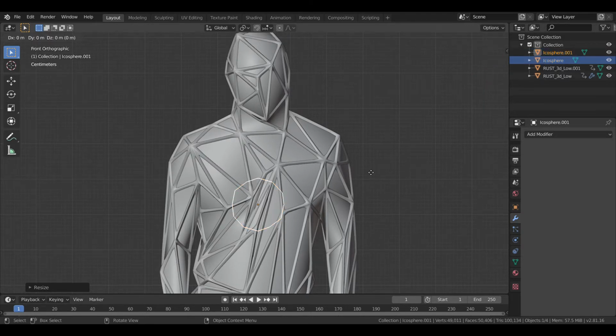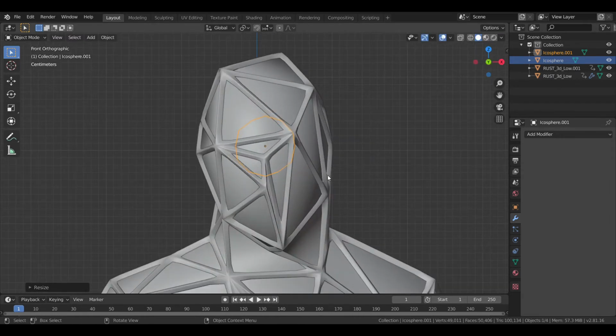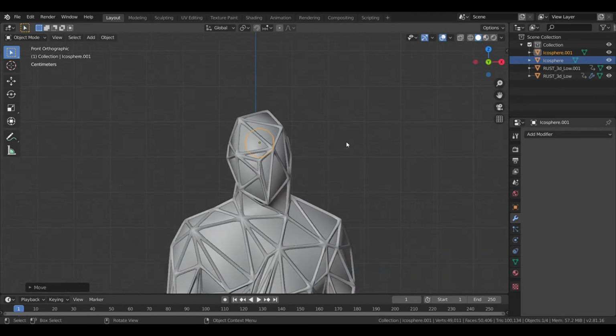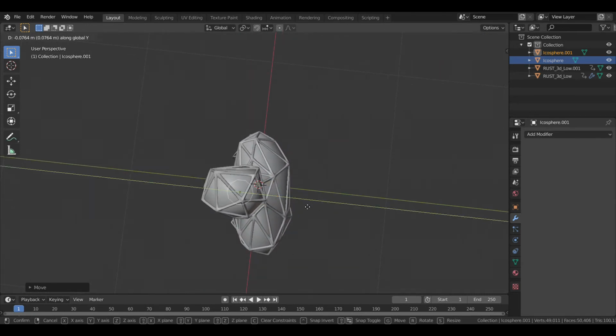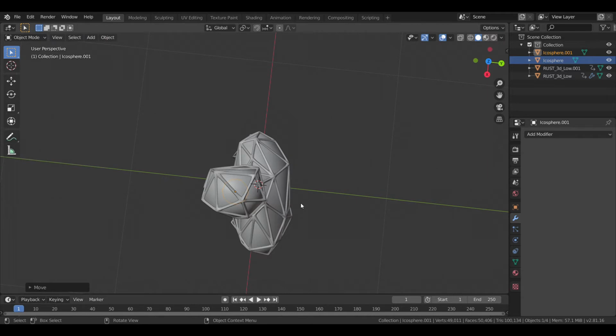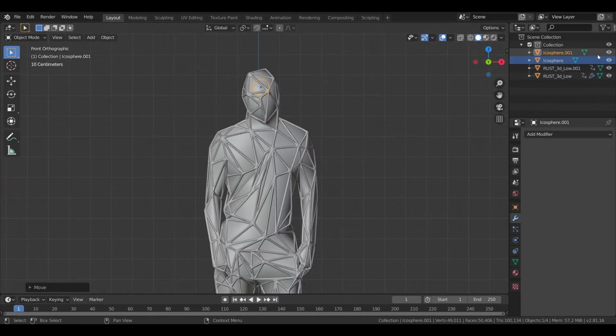Okay, good. Now we'll copy and put a similar one in its head. So Shift D to copy, escape, G, Z, and reduce the size, of course. Okay, G, Z. Yep, it looks nice. It's in the back of the head, so move it in the Y direction, GY. In the center of the head, 0, 1 to the front view. Okay, now we'll add the textures.